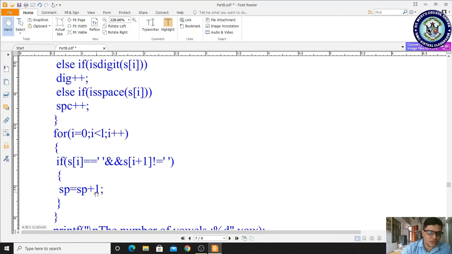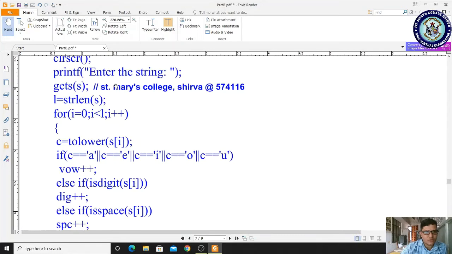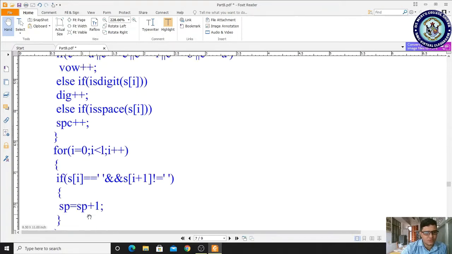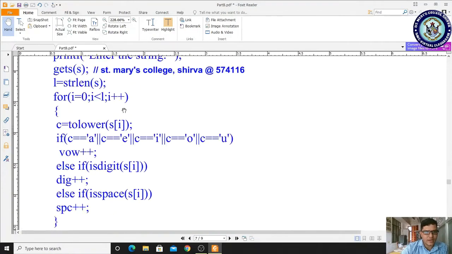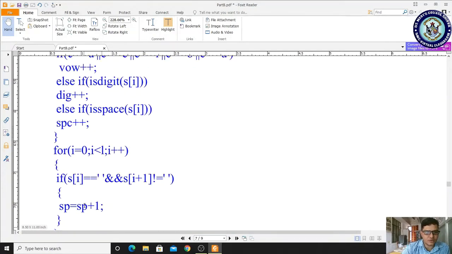Okay, sp is equal to sp plus 1. It will identify whether it is a space. So after the t dot, it consists of a space, right? So 1 2 3 4. In the fourth location it is a space, it will be true, and automatically this value will be incremented, and next here it is true, it will be incremented. Got it? So here it is identified for the space, and it is used to identify the number of words. What is the logic for? This logic is to identify the number of words. Got it? Yes, clear? So that is why we have written this logic separate from this for loop.